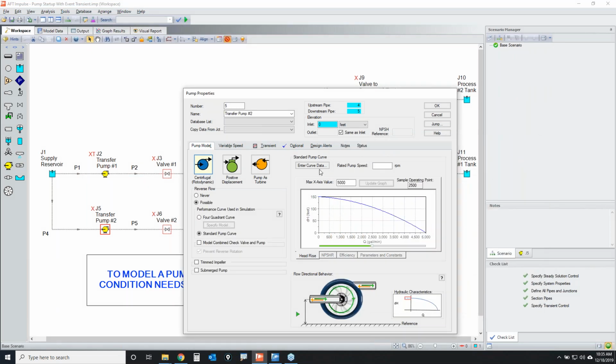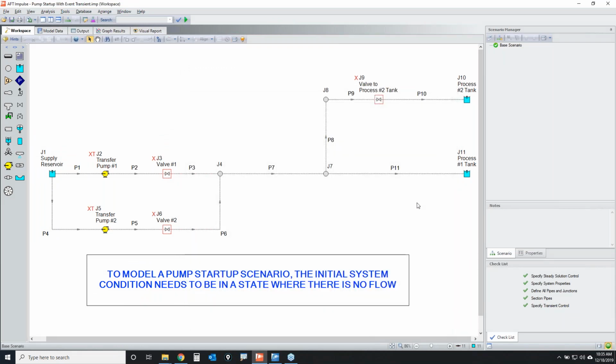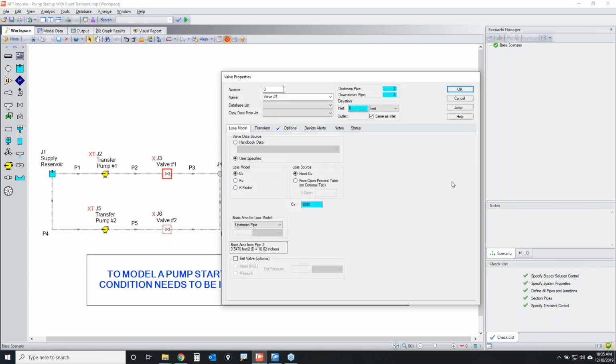When I click OK, if I go to the Transient tab, look at that. All that information is there. I've defined my speed versus time without inertia. It's using a time-based transient, and the pump is going to come up to speed within 2 seconds. And click OK. Now, I have these two discharge valves, which are also going to need to open to allow